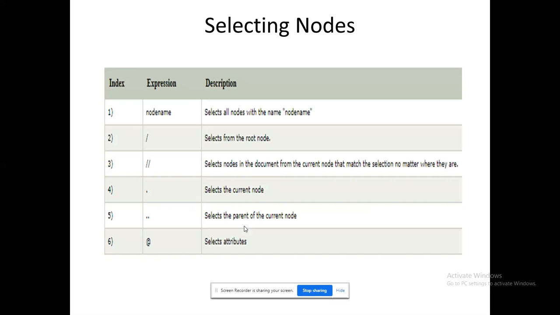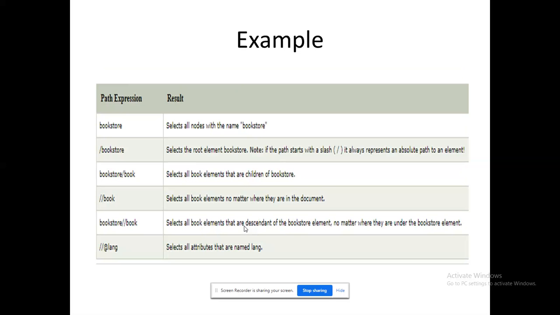So a normal XML program, right? How am I going to access it using my node selection based upon these operators? It could be termed as an expression. Right? Node name: I could give the node name directly. Otherwise, slash mentions the root, double slash represents the selection anywhere in the document. Current node is mentioned with a dot, parent node with double dots, and @ represents the corresponding attributes. So likewise, I could fetch it using the corresponding syntax. So it will give you an expression like my coding expression, right?